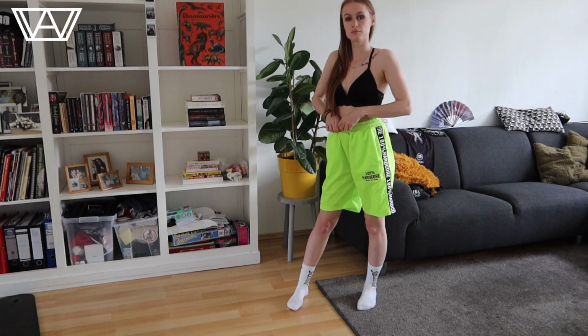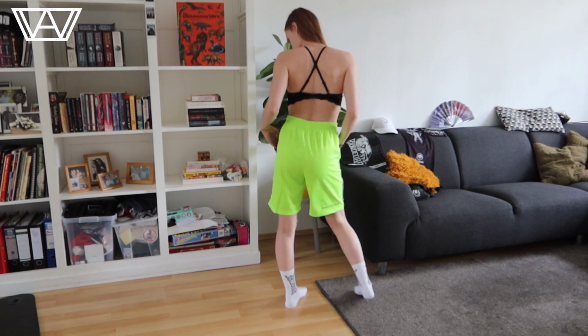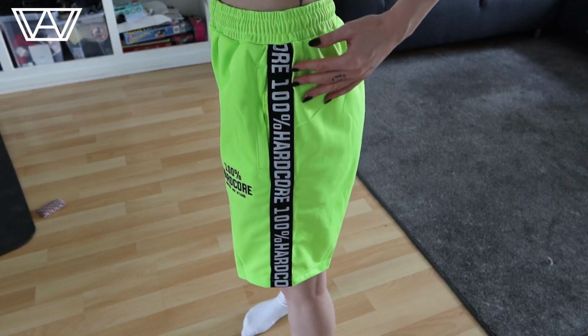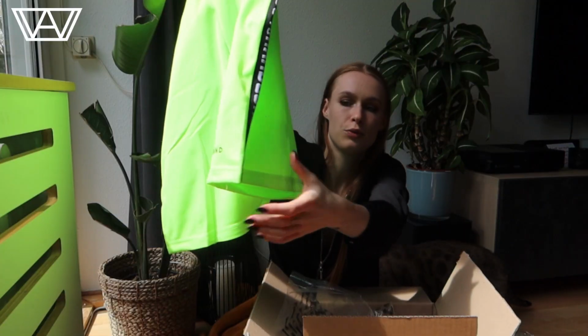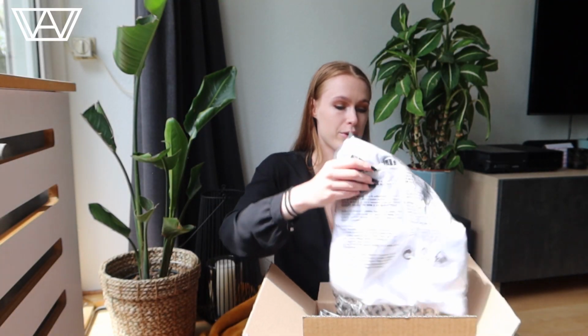A good thing about these is they have zippers on both sides. So that's really nice. Not all shorts have that. I really do like the details on the side. It looks amazing. And also the embroidery on the front is really good quality as well. On the back it says United We Stand, which is a really fun detail. Okay, so next up we have,